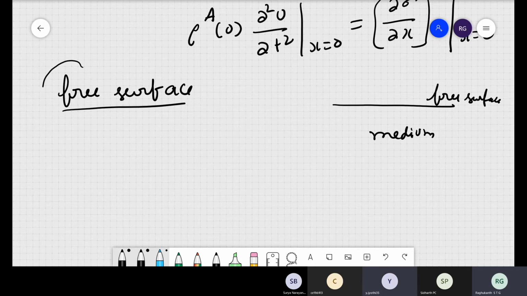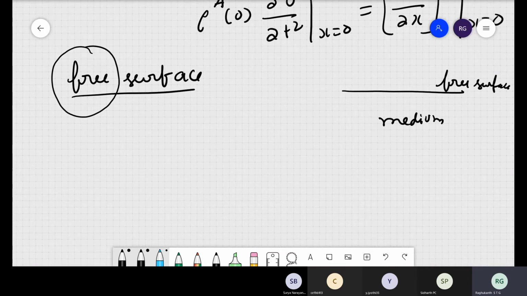Whenever there is a free end, what does free mean? Stresses are zero. Displacements are not zero. Displacements are there, rotations are there. It is like a cantilever free end: displacement will be there, rotation will be there. But what will not be there is shear force and bending moment. Now in our continuum mechanics, the shear force and bending moment are anyway stress resultants. So here we assume that the stress itself is zero. Okay, so this is the boundary condition.